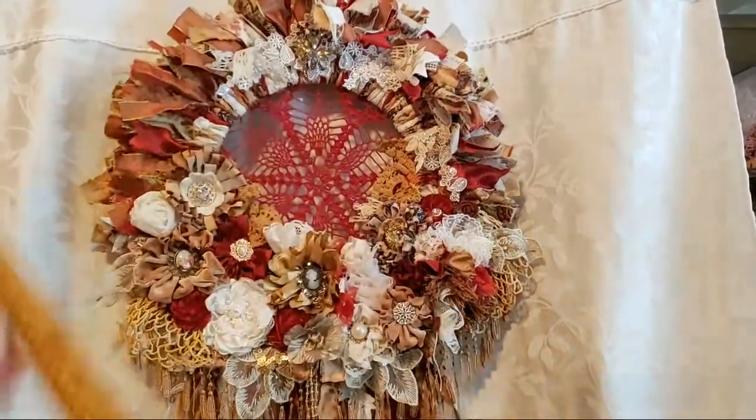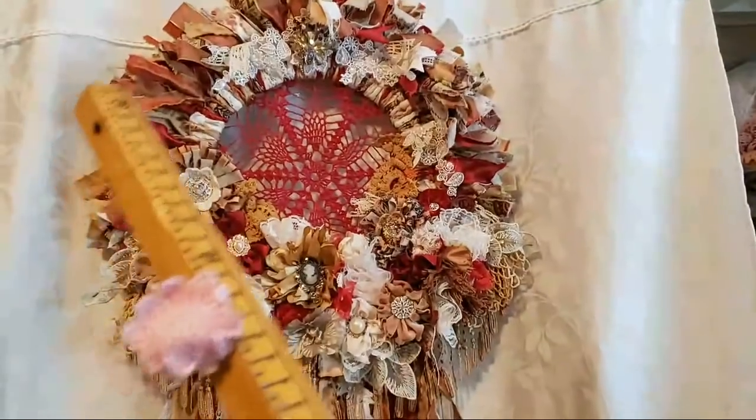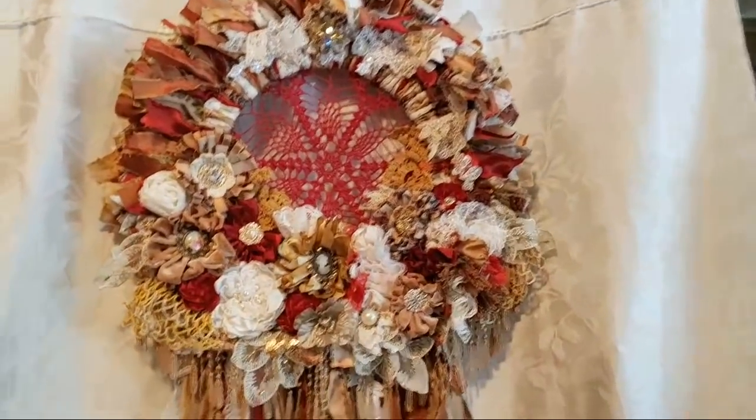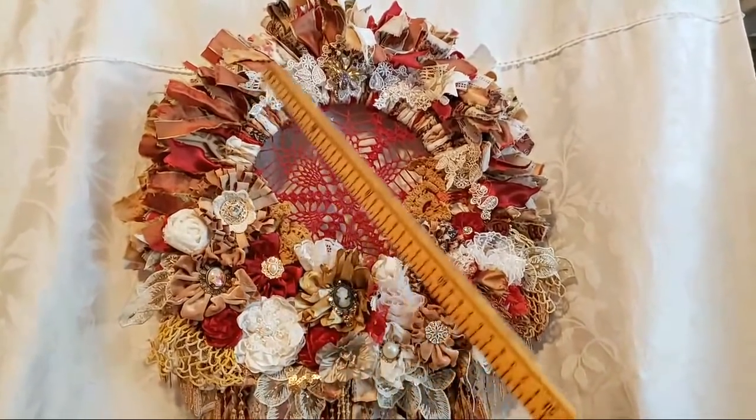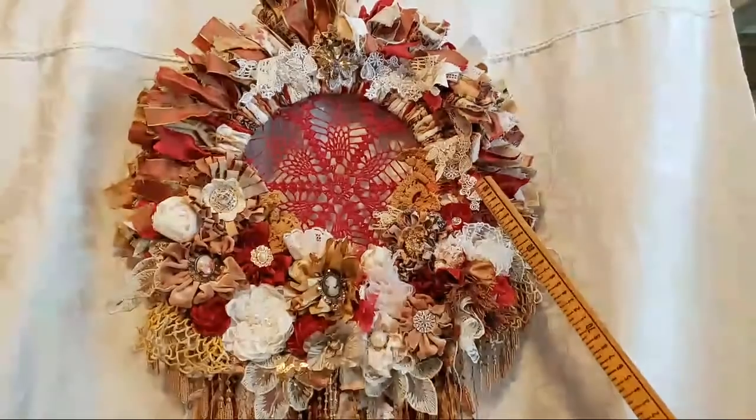Oh, what is that on the edge of my stick? It looks like a flower. Isn't that funny? Okay. Anyway,